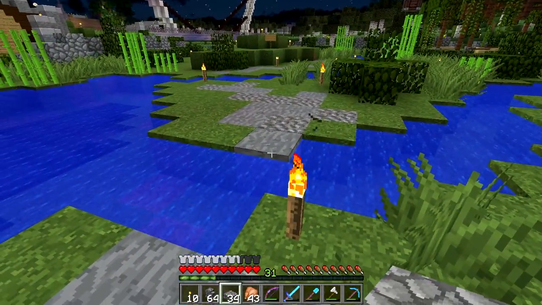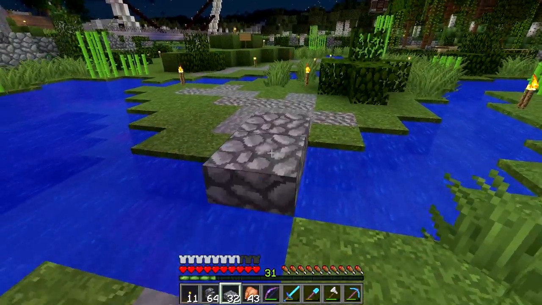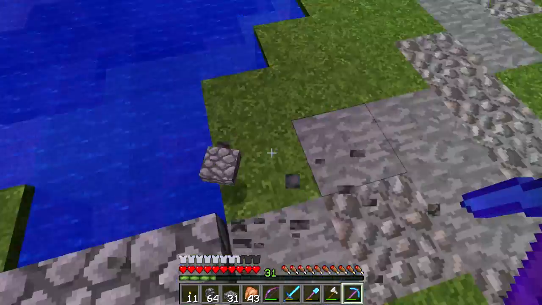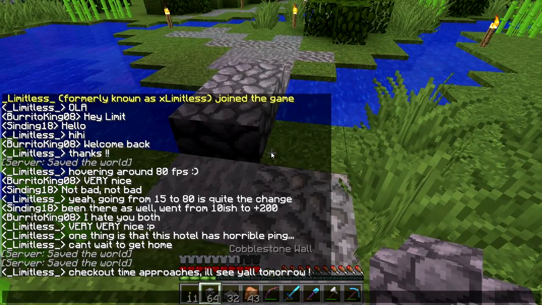Alright, so with this, I just want something fairly simple. So let's just do a walkway like that. Actually, I don't like that. That's too much. Too much on the land. So then maybe...